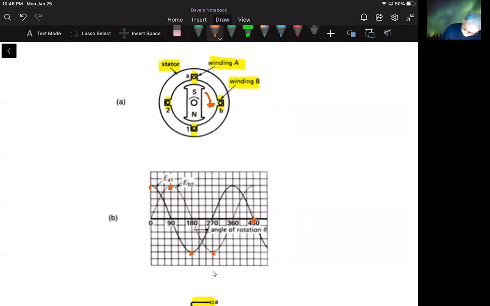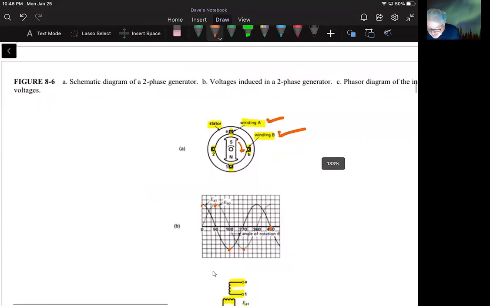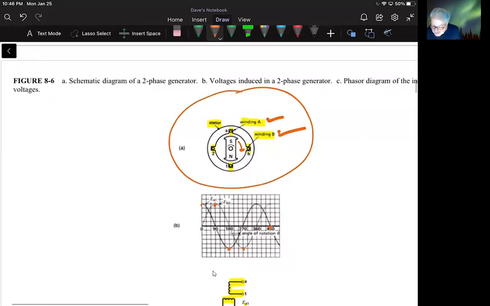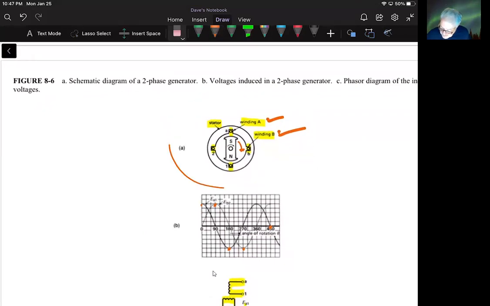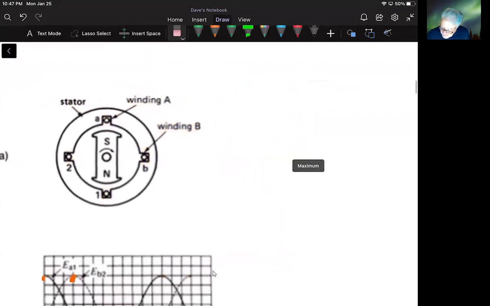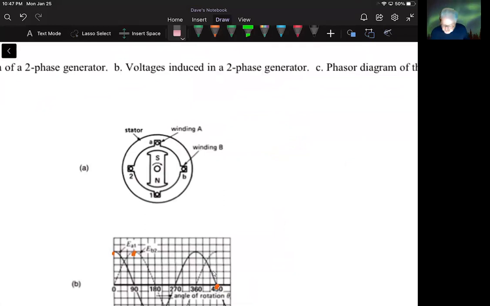And then the stator windings are respectively phase A and phase B. And then we've got a little problem that we can look at here. He says the generator shown in figure 8.6a, this guy right here, is our example. Let me clean this up so we'll work this little problem. Okay, and so it says this generator